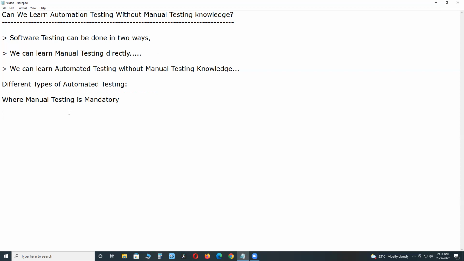Once again, you can learn automated testing without manual testing, but not efficiently. If you have the manual testing knowledge, then you can easily understand the software test life cycle, bug life cycle, test closure activities, etc. Next, one small note. I have some colleagues who learned Selenium directly and got the job also. Now they are slowly learning about different software methodologies, documents, and terminology. They are surviving, but slowly.